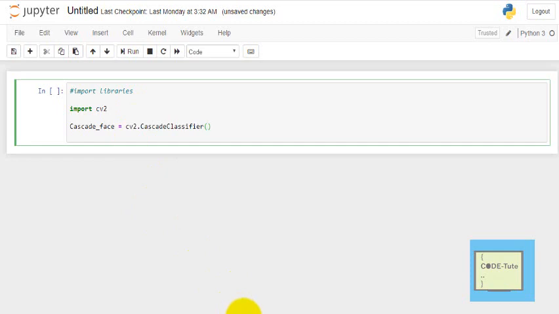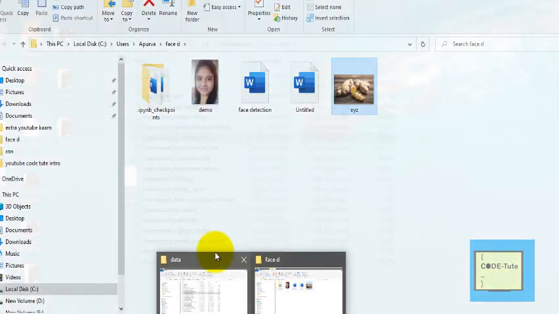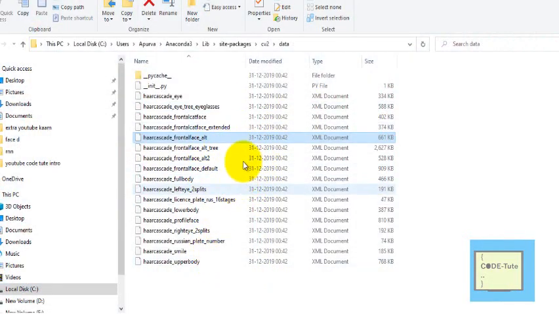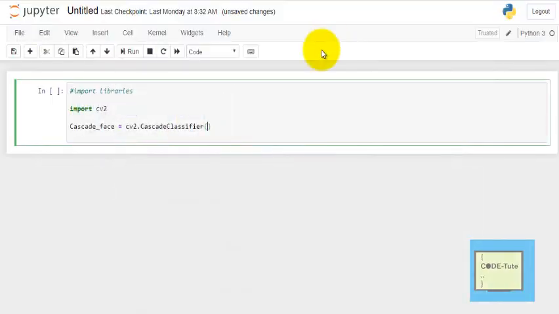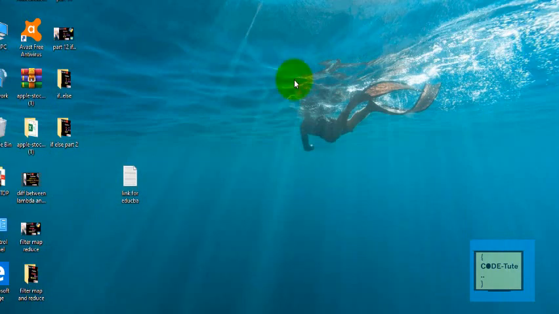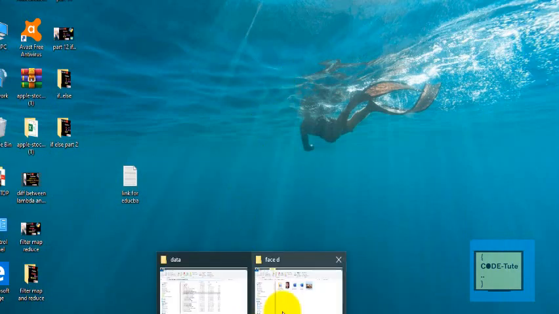My classifier is located in this folder. What you have to do is copy this path and put it here in the double quotes, and also write the name of the classifier which you are using.